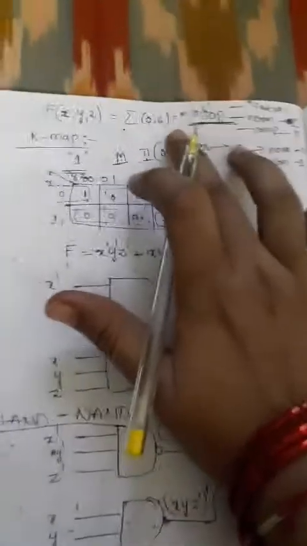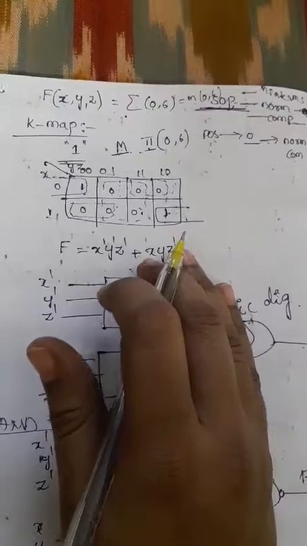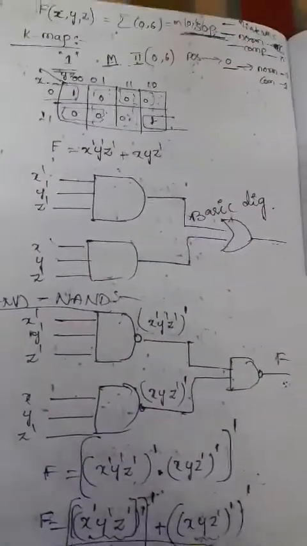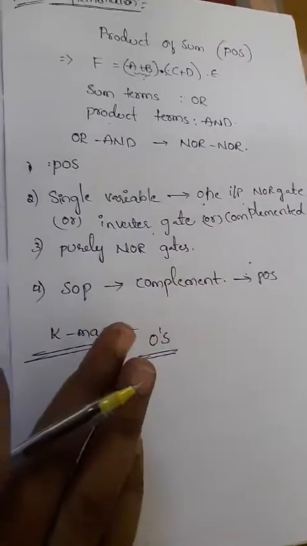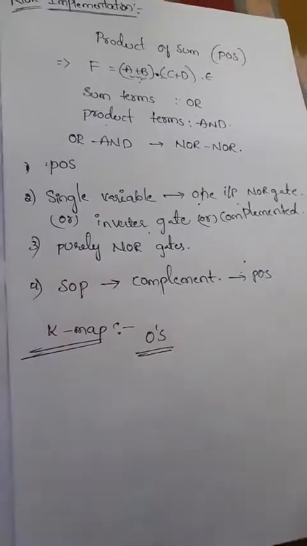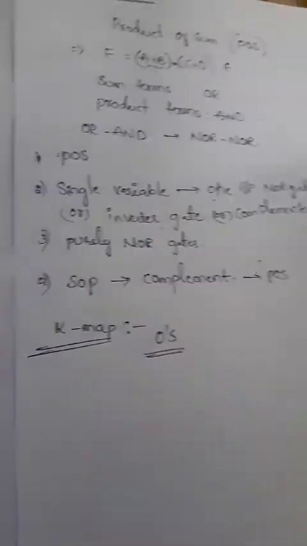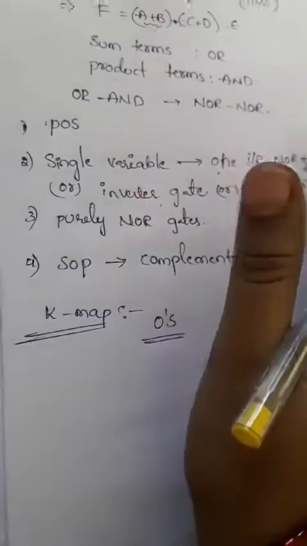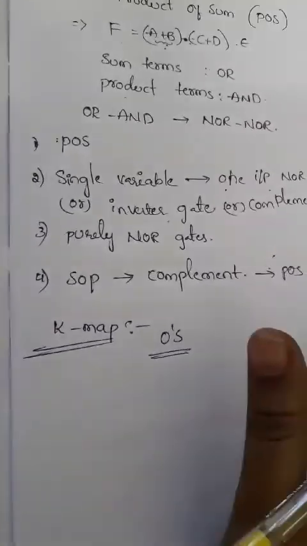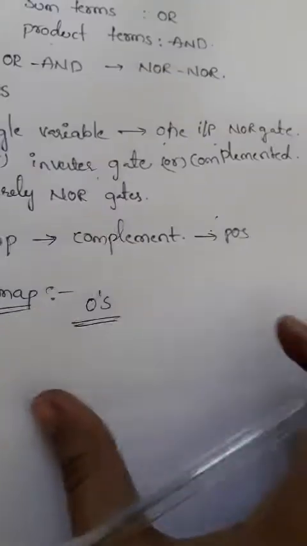In the previous case we were not getting the Boolean function directly, for that purpose we can simplify with the K-map. After getting the K-map you can simplify that into a logic diagram. So what is the next procedure? Once we get the Boolean function, you will follow these three rules. These are the K-map rules, and if you have the Boolean expression directly, you can follow these rules. Now we will take one example for this.